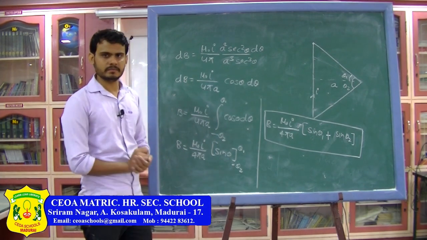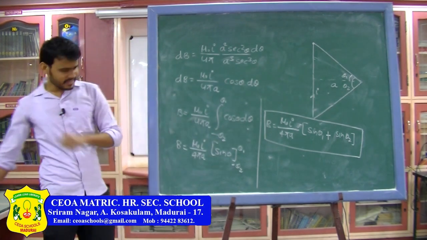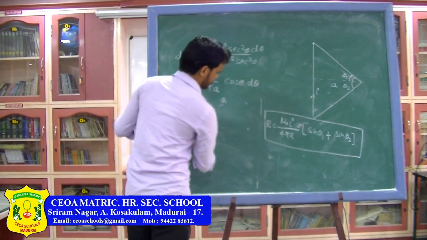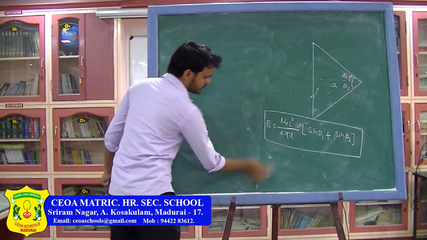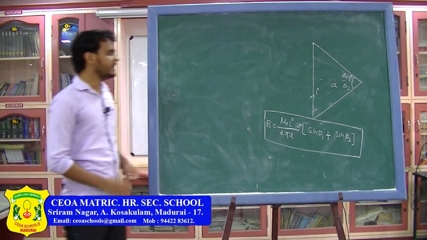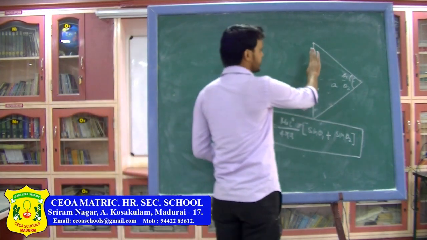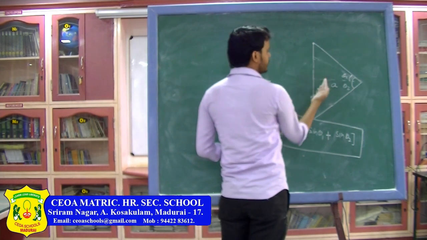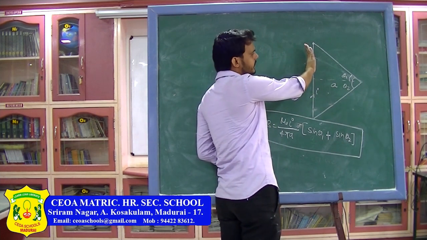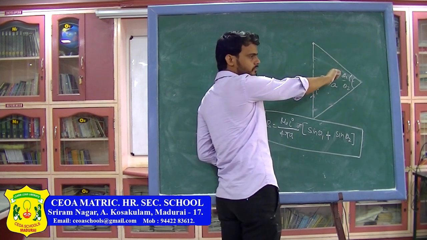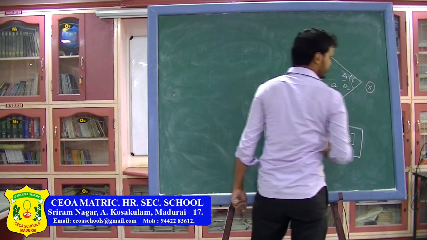Now, we have to find the direction, and I told you that to find the direction of magnetic field you can make use of the right hand thumb rule or right hand palm rule. So, we are going to use both the right hand thumb rule as well as the right hand palm rule to find the direction of magnetic field. The right hand thumb rule says fingers in the direction of the current. So, if I keep my fingers in the direction of the current, I can keep the fingers like this or this. Then I have to curl my fingers towards the point. The point is this side, so I have to curl it towards the point. If I curl it towards the point, my thumb is going in the inward direction. So, here the direction of magnetic field will be in the inward direction.